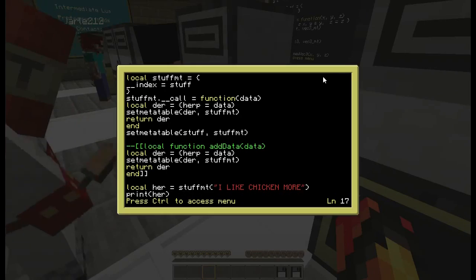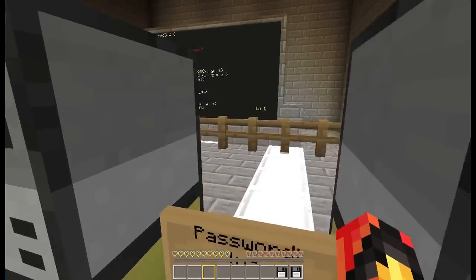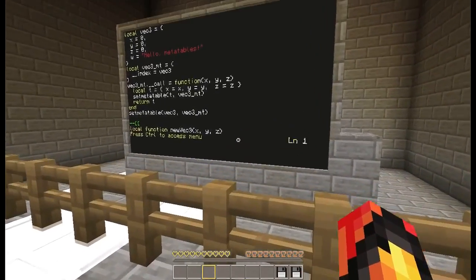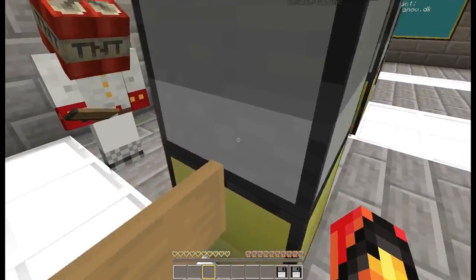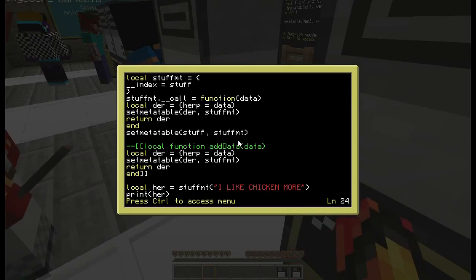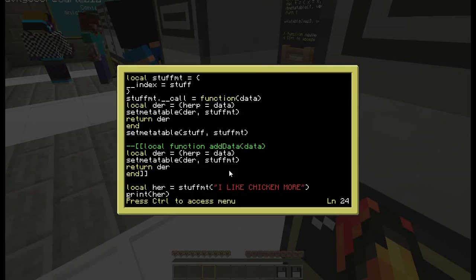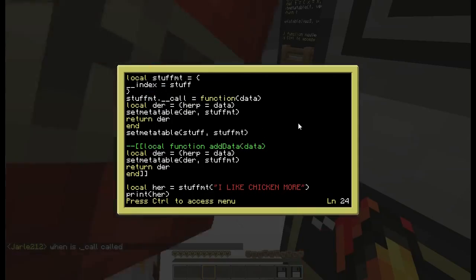I'm just looking through your code, so please don't scroll in it or something. Okay. Let me see. One line, don't